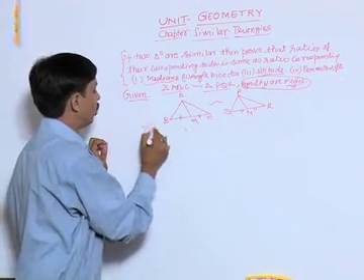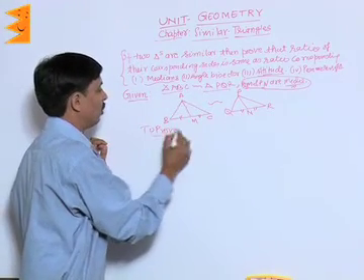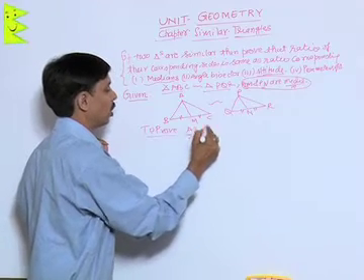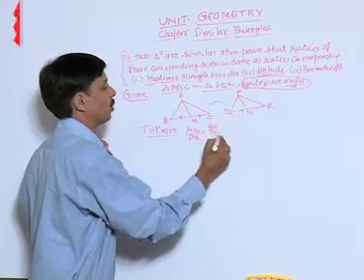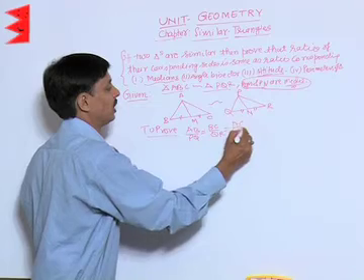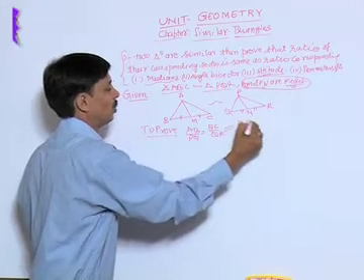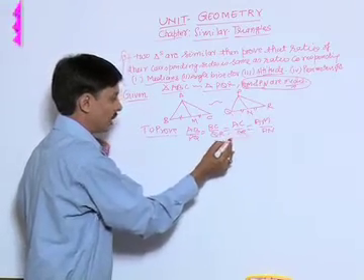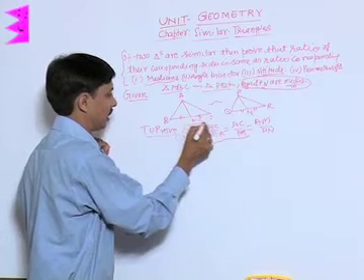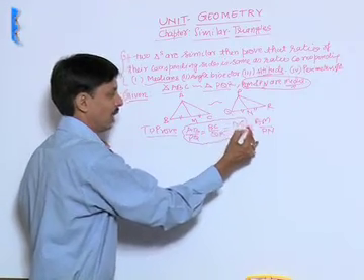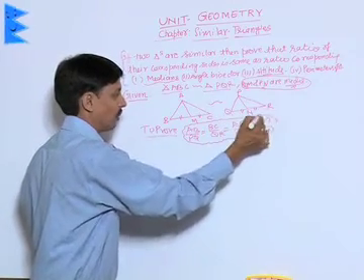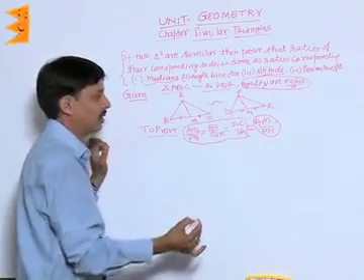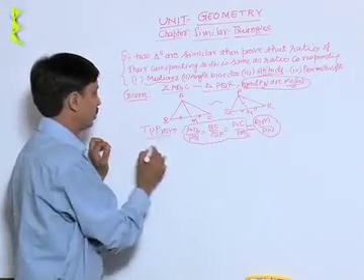Now what do we want to prove for the first part? We want to prove that AB upon PQ, or BC upon QR, or AC upon PR is equal to AM upon PN. You know that if two triangles are similar, then their corresponding sides are proportional, and this ratio has to be the same as the ratio of corresponding medians, that is AM and PN, as I want to prove.